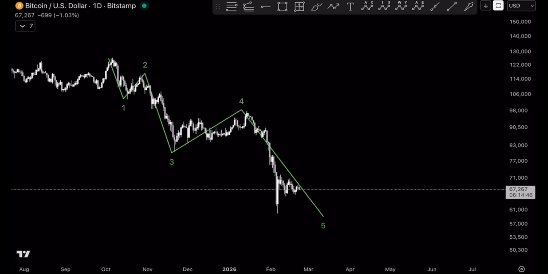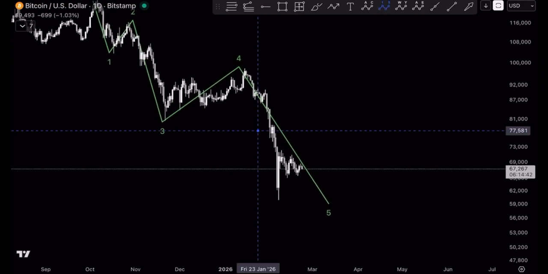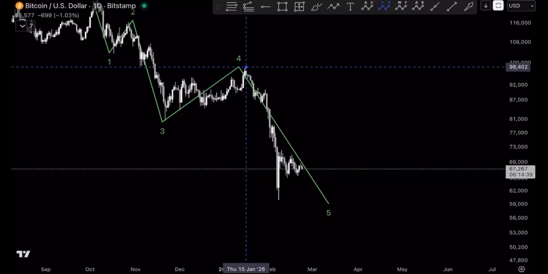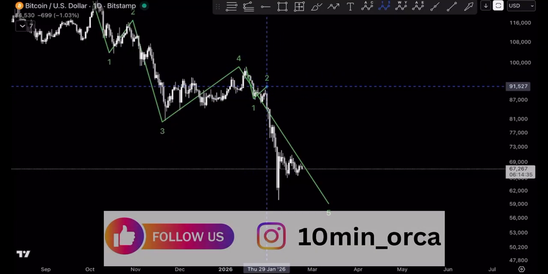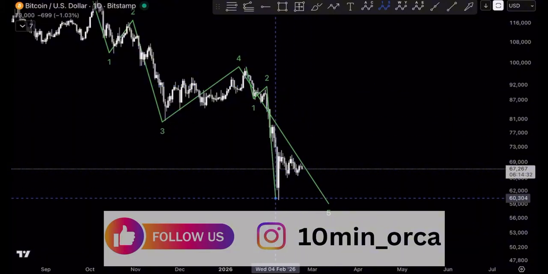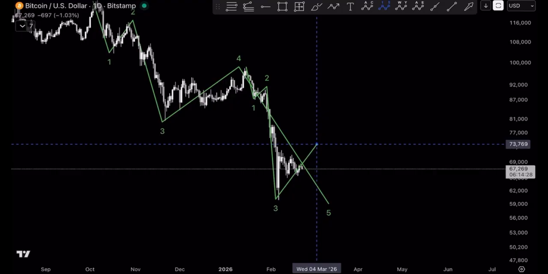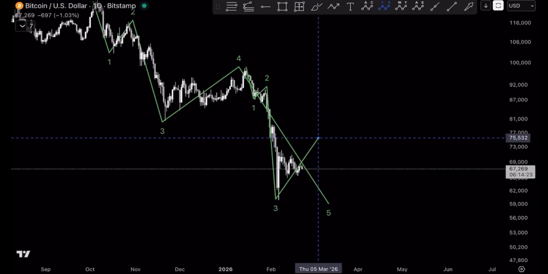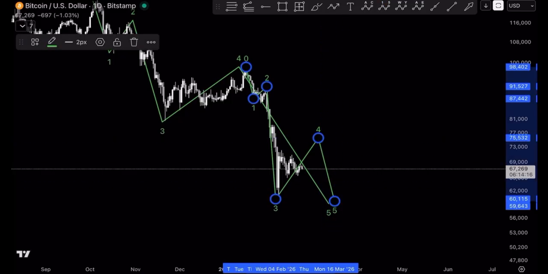And why I'm saying that we still have one more move to the downside is because I don't see that this fifth wave finished. I see this as a wave 1, 2 we finished here, and this is going to be the 3, and 4, we might get a move up here, which I'm really waiting for, around 72,000 or even 75. This is still going to be okay, and then we can get a move towards the downside here, and then we can finish all 5 waves, which will